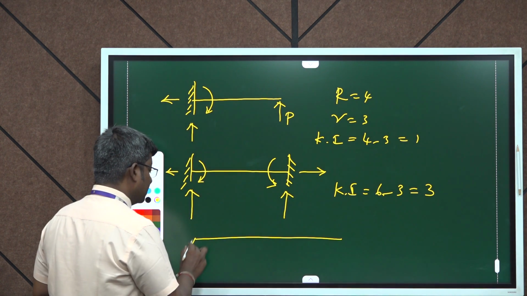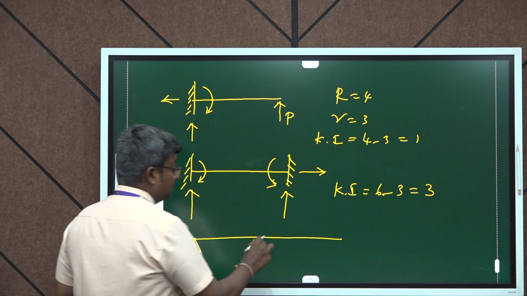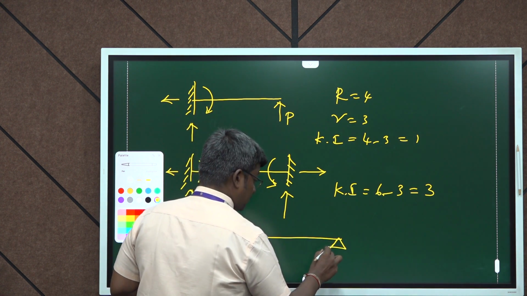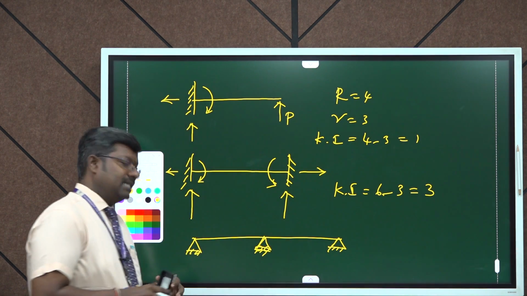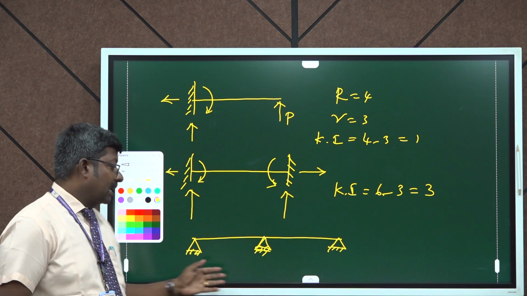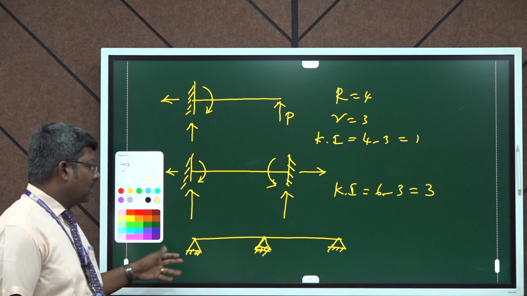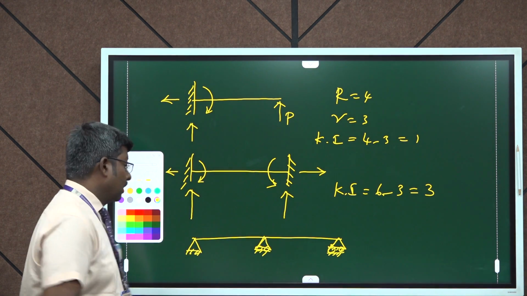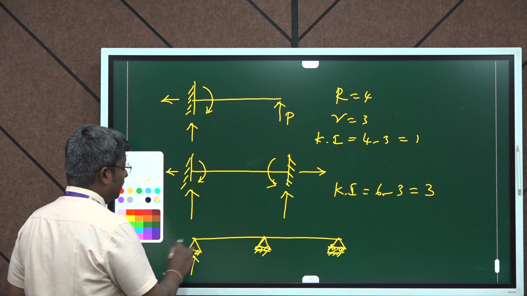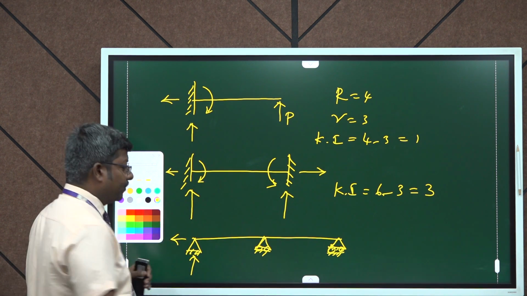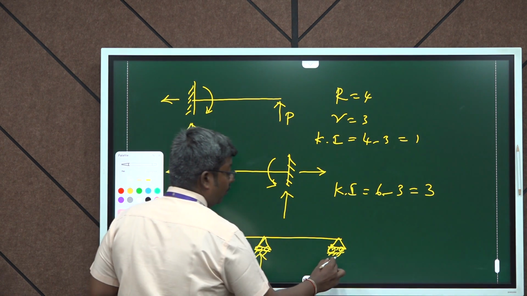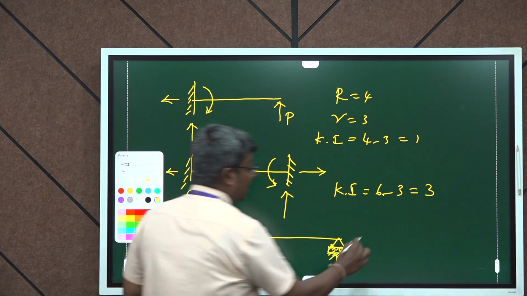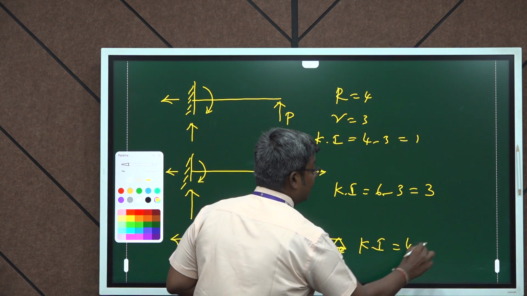A continuous beam is nothing but a beam that has more than 2 supports or more than a single span. Here you can see a 2 span beam with a hinged support at one end and two roller supports. So, there will be 4 reactions: 2 reactions at the hinged support, 1 reaction at one roller support and one more reaction at the other roller support. So, the total unknown reactions are 4. So, the indeterminacy will be 4 minus 3, 1.